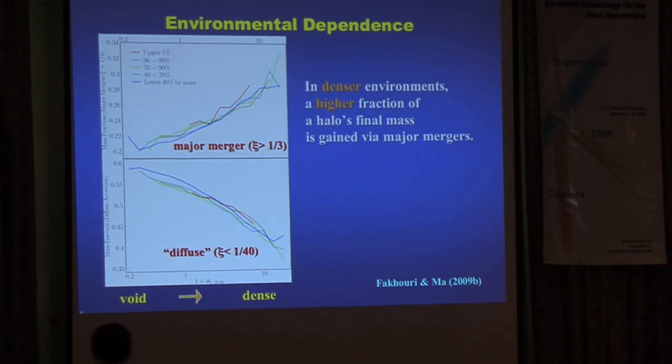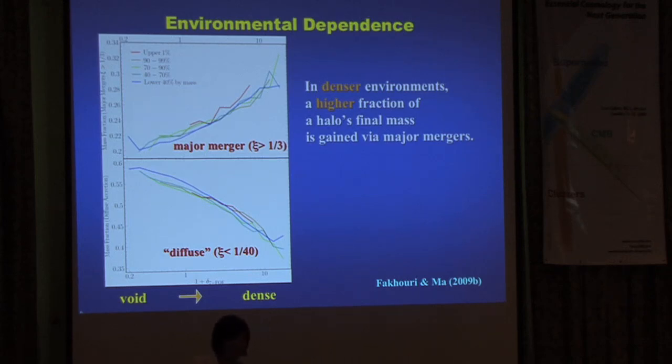Okay. Now, the key message here is merger rates are just counting how halos come together to grow. Okay. But when you count halo mass growth, one contribution comes from mergers, and there is this non-negligible component from the diffuse accretion. Now, since these two have opposite trends, you need to sum up both in order to study halo's mass growth as a function of environment. So I will show the last slide here, which will put this together.